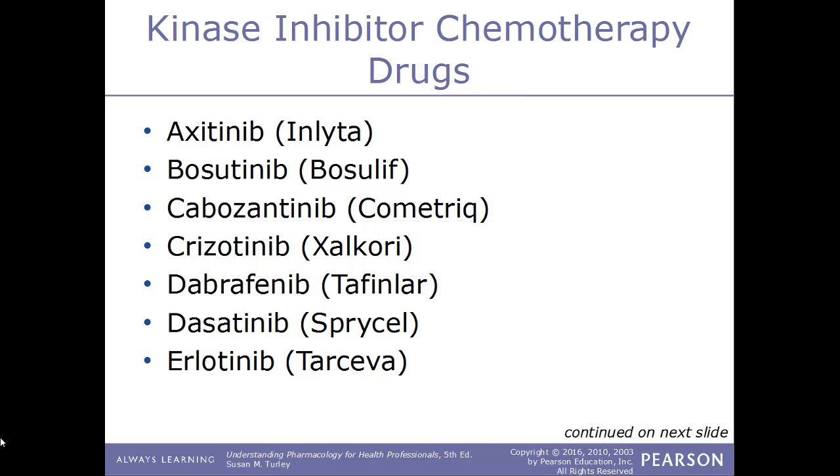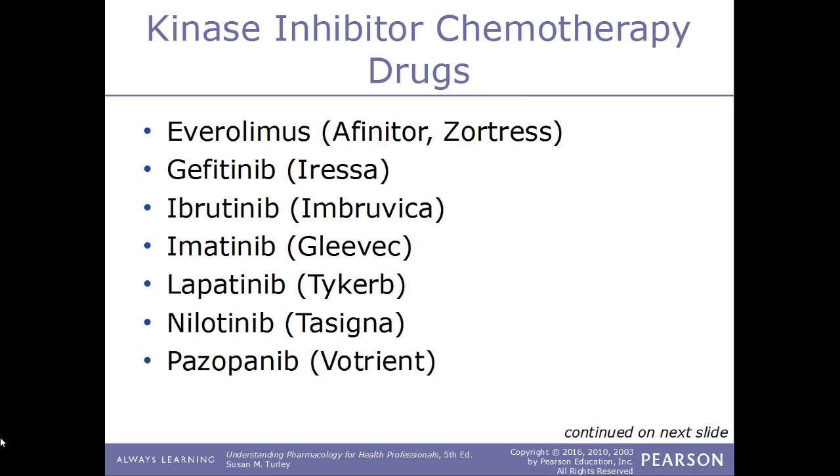There are many examples of kinase inhibitors. Some of them include axitinib, known by its trade name Inlyta, bosutinib, also known by its trade name Bosulif, cabozantinib, known by its trade name Cometriq, crizotinib, known by its trade name Xalkori, dabrafenib, known by its trade name Tafinlar, dasatinib, known by its trade name Sprycel, erlotinib, known by the trade name Tarceva, everolimus, known by the trade names Zortress and Afinitor, gefitinib, known by the trade name Iressa, ibrutinib, known by the name Imbruvica, imatinib, known by the